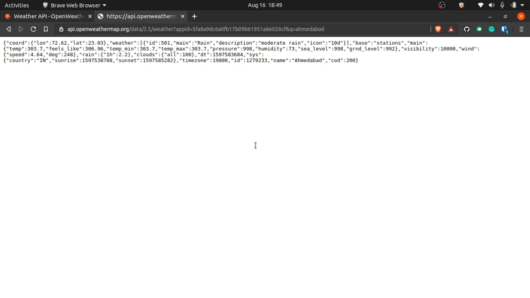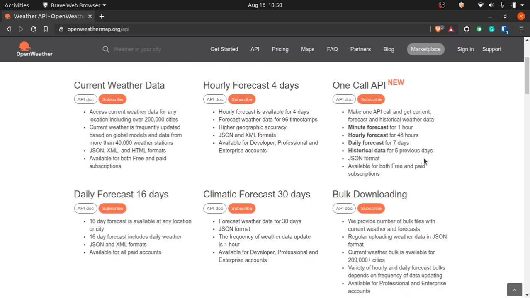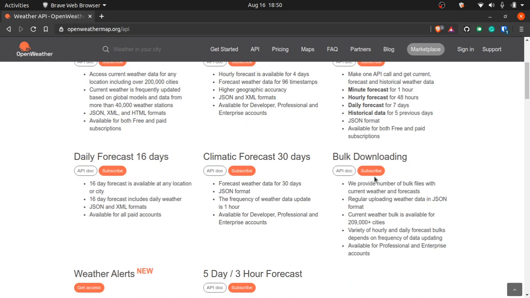Okay, we went a little sidetracked. Back to the main thing. So how do you choose an API? There's a bulk downloading API, which gives you the entire weather forecast of a place for like one year. So that is something if you want.